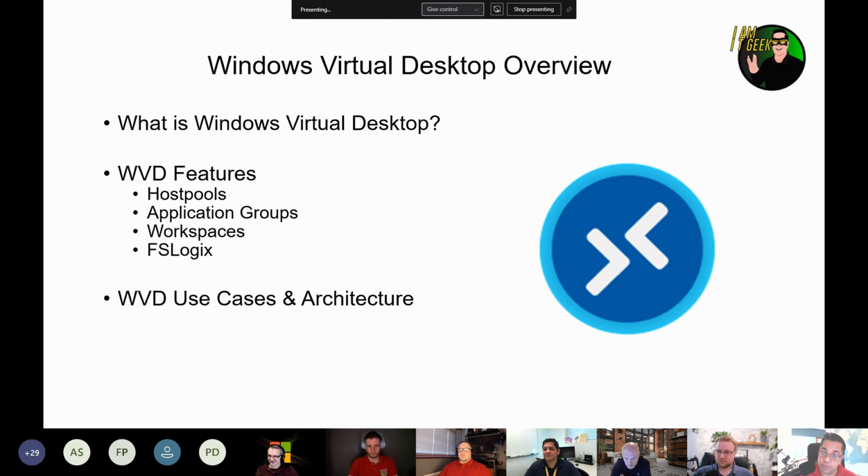Then I'll look at some of the use cases where you can use WVD, that I've experienced during the almost 18 months that it's been around. I'll do an overview of the architecture as well. I've got a neat little diagram, which I'll go into. And then demo time. If you have any questions, just put them in the chat and I'll get to those as and when.